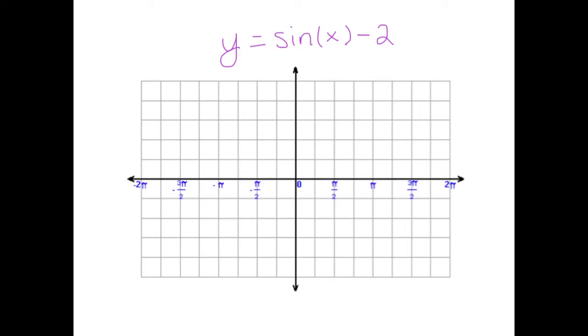So for this one, I'm going to start off by graphing my key points. I'm not going to double the y-axis like I did before. So there's the original. From here I'm going to take each point and move it up 2 units. So here's 1, here's 2, oh sorry, down 2 units. Negative 1, negative 2. And just to help me out, you know,